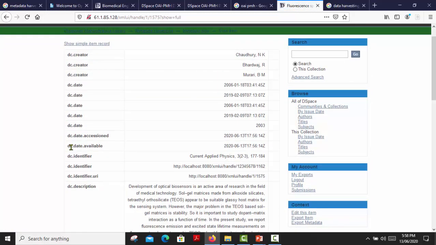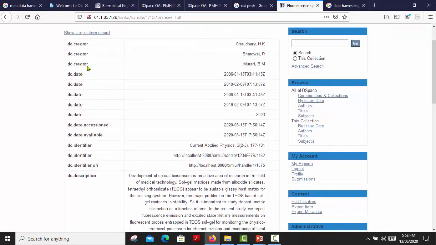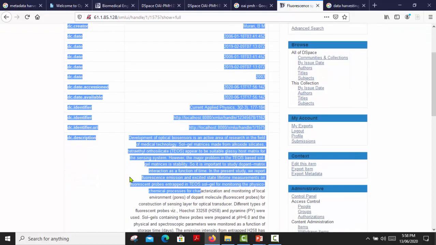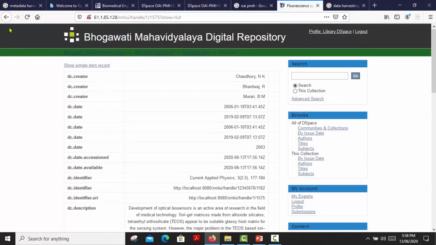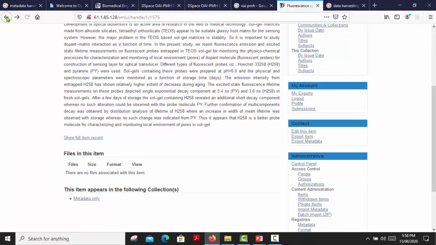This is the full metadata. No bitstream is available. Such a way we can harvest the metadata only from a particular OAI provider, meaning any repository.